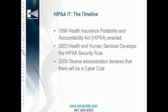By then, HIPAA had been transferred to the Health and Human Services Department of the government, and in 2003 they developed what they called the HIPAA security rule, which laid out in very great detail exactly what healthcare providers of all sizes needed to do to secure electronic health records, physical health records, essentially any personal private information of a